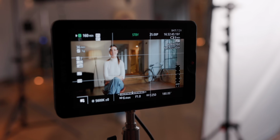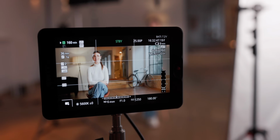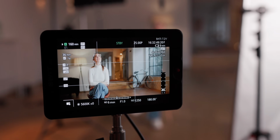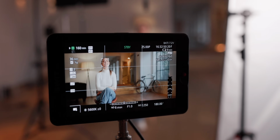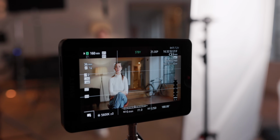Since the Sigma lenses are tack sharp, I wanted to diffuse them a little bit more, so we used a 1/4 black mist filter on top of the 50mm. My camera settings for the wide shot were 6 stops of ND, I shot everything wide open at an aperture of 1.0, it's a 1.4 lens, but with the speed booster you can make it even faster, and I used an ISO of 1250. My frame rate was 25 frames with a shutter of 180 degrees, and I also shot